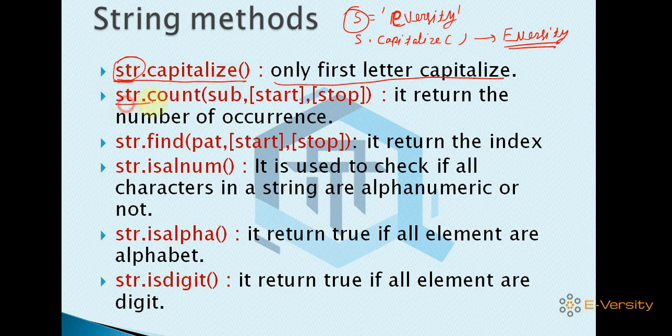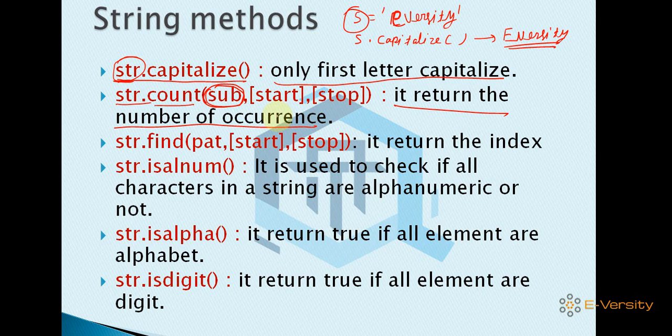And the second function is str dot count. Count is basically used to return the number of occurrences. Here you can pass the substring, and it finds out how many times this substring is included there. Whenever you are reading any function, the standard way to represent an optional parameter is by writing it in square brackets. So square brackets show that this parameter is optional, so either you use it, or you override it, otherwise it takes the default value.